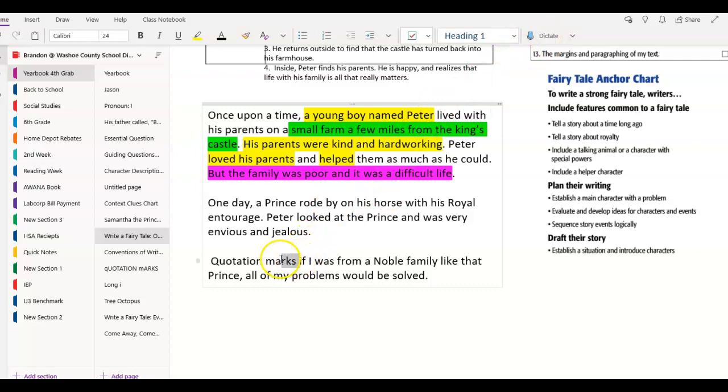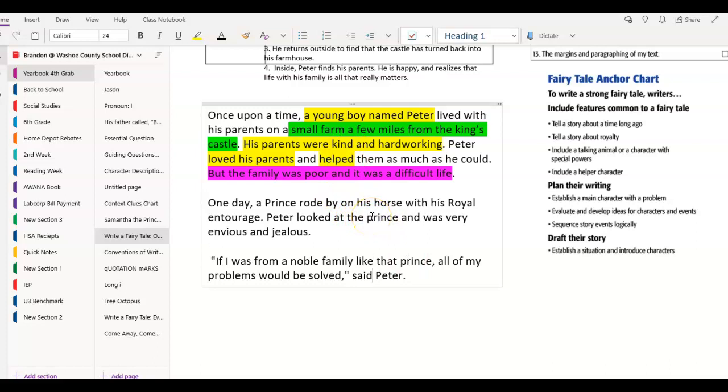Now notice, it didn't do those quotation marks, so I'm going to have to go back and manually put them in. And then it did this funky thing with that capitalizing noble and prince, so we do always have to go back and edit. Now remember, we can't just put quotation marks here because I need that tag. Who's saying it and how they're saying it. So I'm going to put said Peter. Now this is my rough draft. Later on, when I come back, I'll probably want to get rid of that said and replace it with something a little better. But right now, I'm just going to get through